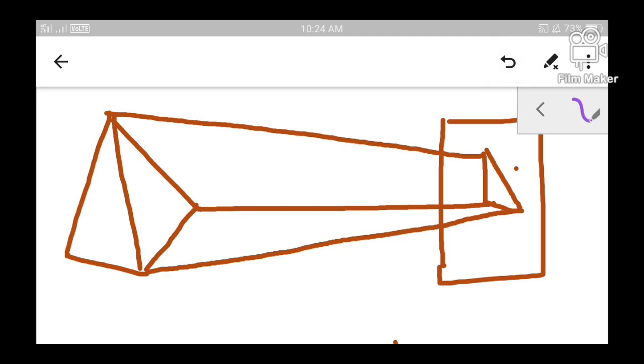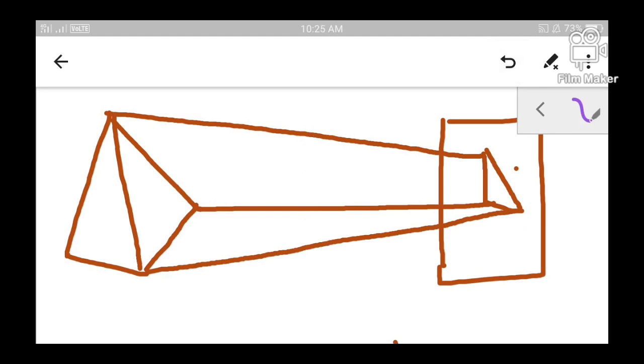Clear? So since the projected image is smaller, when we try to map the coordinate points of the 3D object to its corresponding projected image, the projection lines are drawn in such a way that these projection lines are non-parallel to each other.